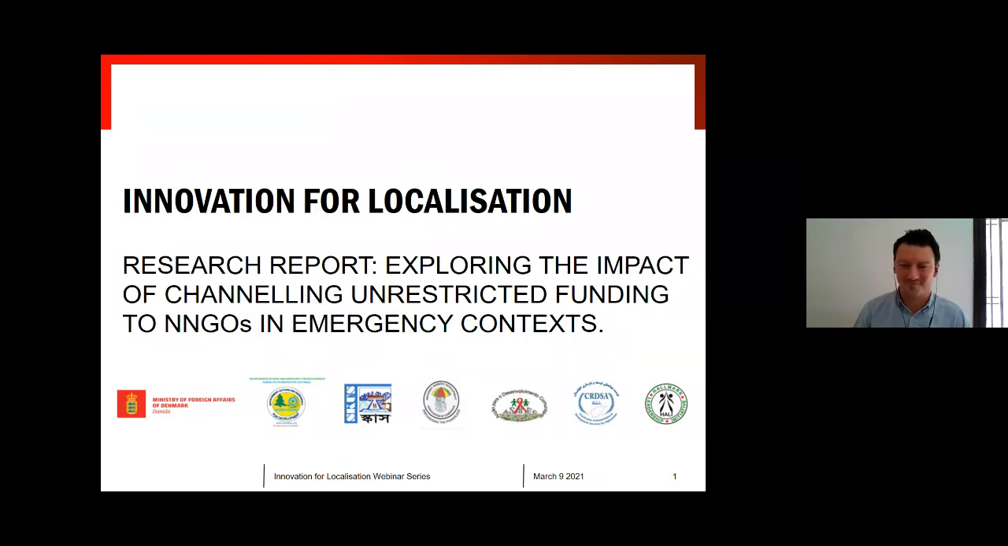So this research report, exploring the impact of channeling unrestricted funding to national and local organisations in emergency contexts, set out to achieve three aims. One, to improve our knowledge and understanding of local partners and how they spend institutional funding. Two, to explore ways in which institutional funding influences access to further funding through other means. And then to draw on these findings to generate recommendations on institutional funding to local partners, and share these findings as